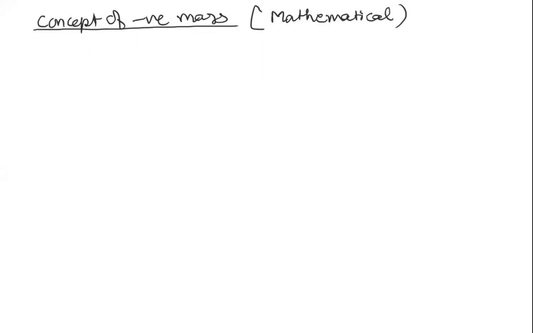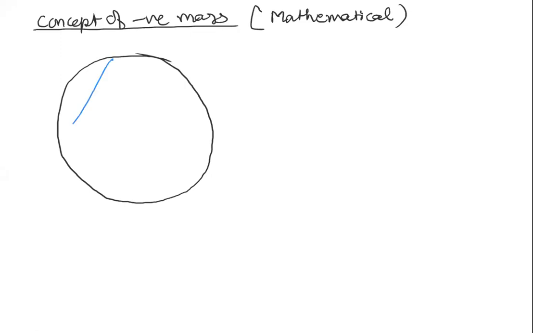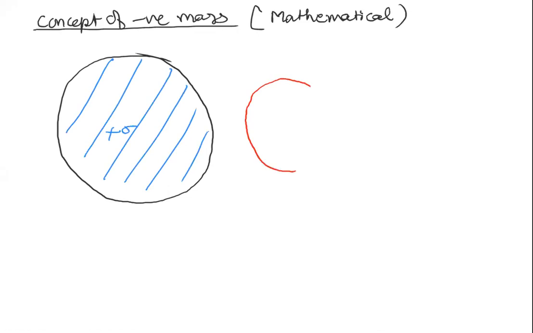So, if I have a full solid disk of positive mass density plus rho, and if I have another disk of density minus rho,